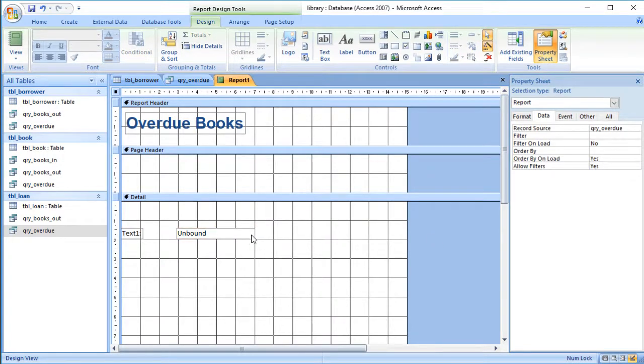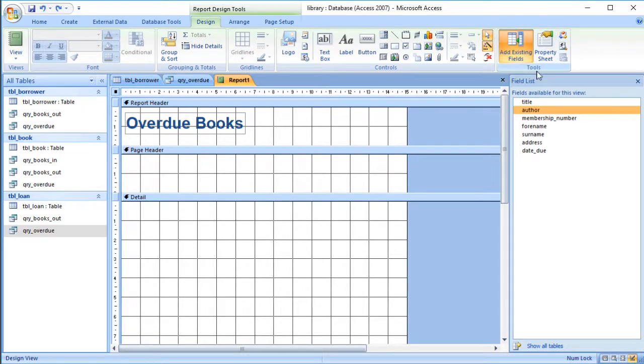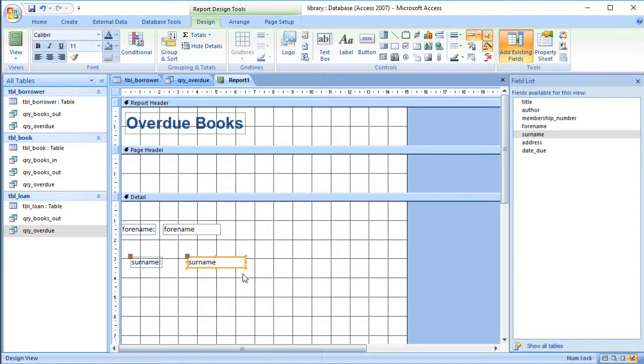But probably the easiest thing to do, if I just undo that, get rid of that, is to use this button here, Add Existing Fields. And what we can do then is just drag the existing fields onto the report. So probably what I want to see is who's got the books and which books they are. So you need to have a think about what you're actually going to do with the report. If I'm going to use this report to contact the people who've got the overdue books and either ask them to bring the book back or just to remind them that it is overdue, I probably want the details of the person first. So I'm going to go for forename and surname, and I can just drag those onto